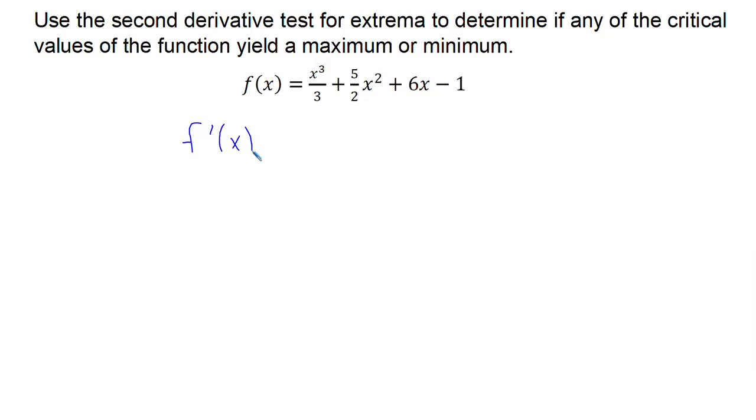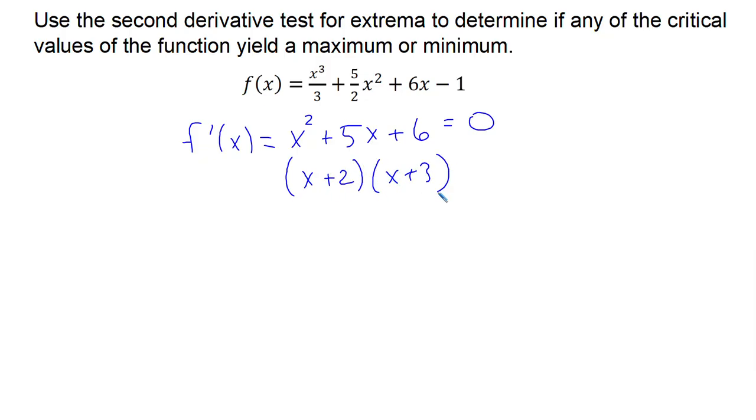So we'll start with f prime of x. 1/3 x cubed should just become x squared. 5/2 x squared should just become plus 5x, and then a plus 6. And so first thing we need to do is set it equal to 0 to find the critical values and check when it's undefined. We can see this one's never undefined, so we don't really need to worry about that. But it factors to (x plus 2)(x plus 3), giving us two critical values, x equals -2 and x